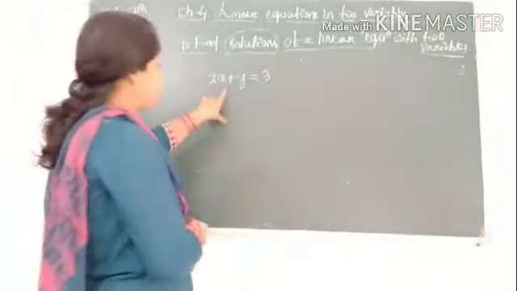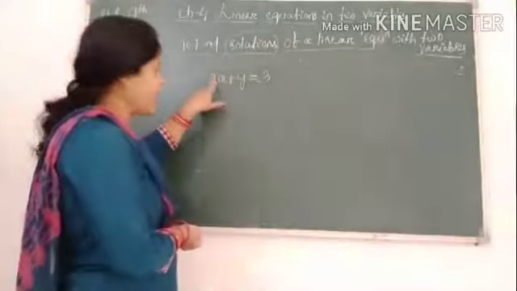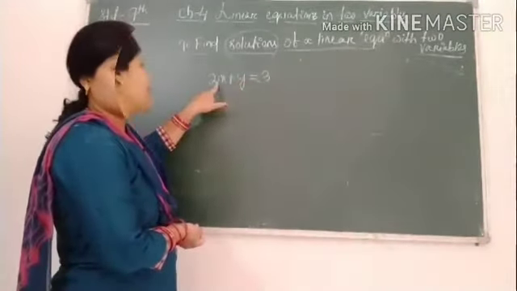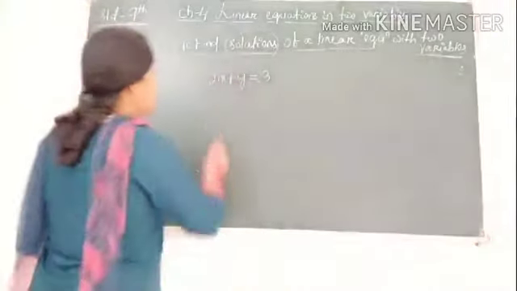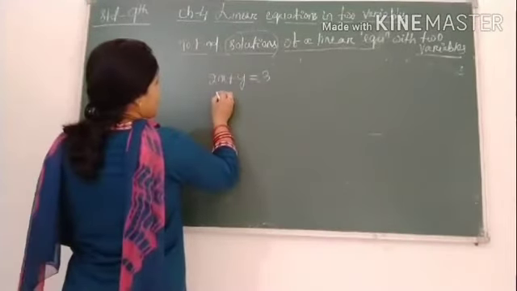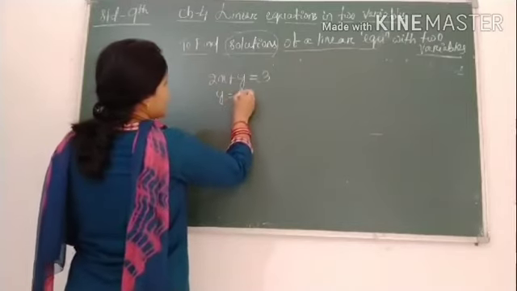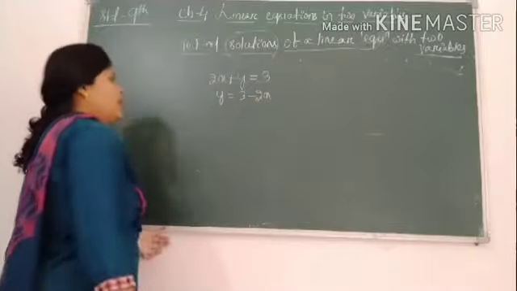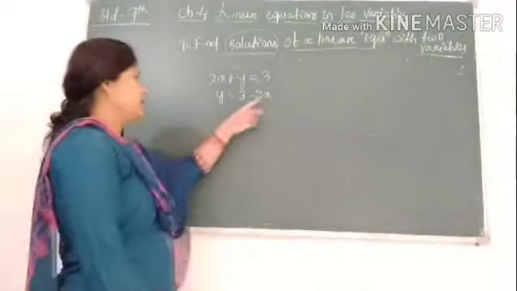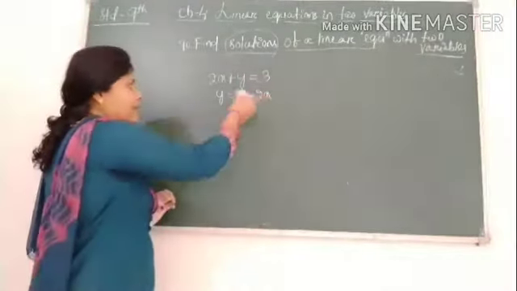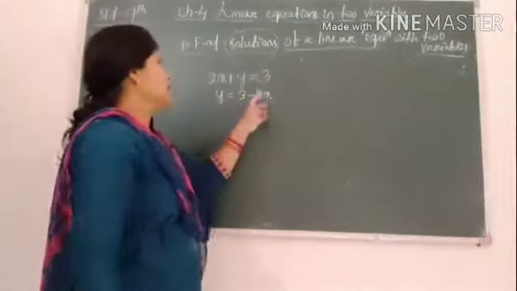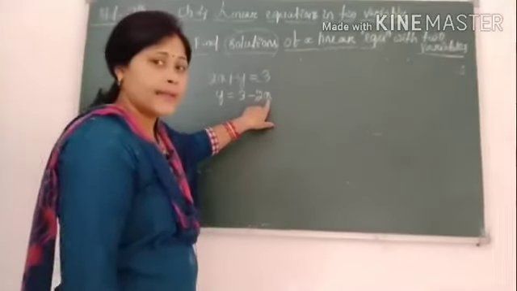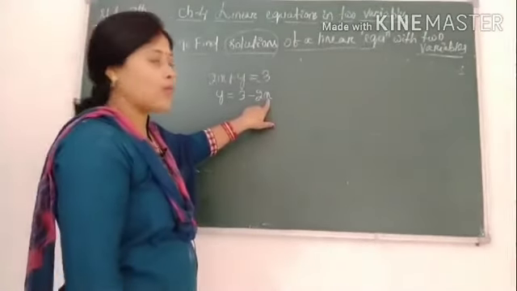So here I am going to find x in terms of y, because y is single here. That's why x in terms of y. So my equation becomes y is equal to 3 minus 2x. 2x will go on your RHS side. Then I will find 4 solutions by putting different values of x. Then I will get the value of y.